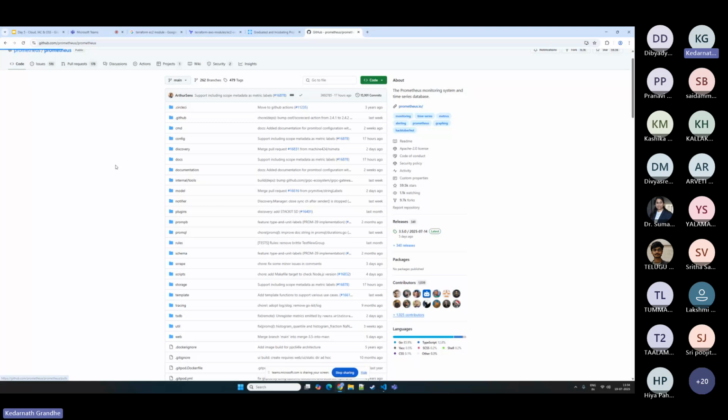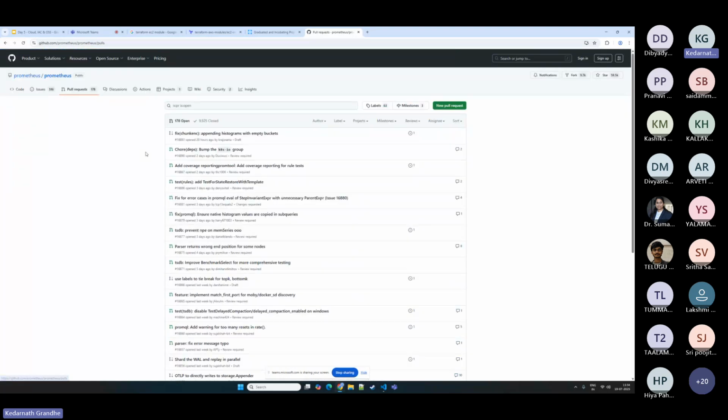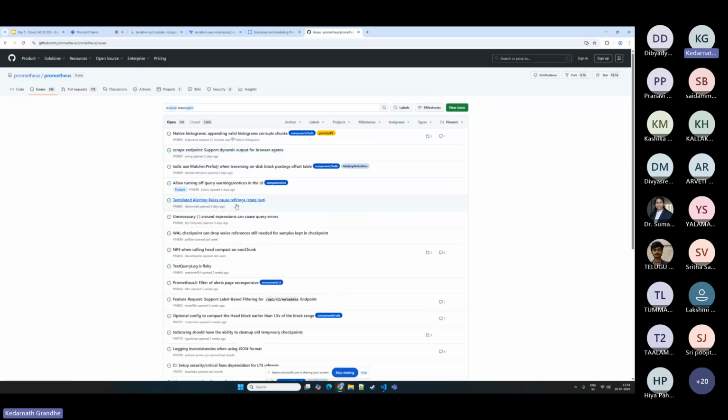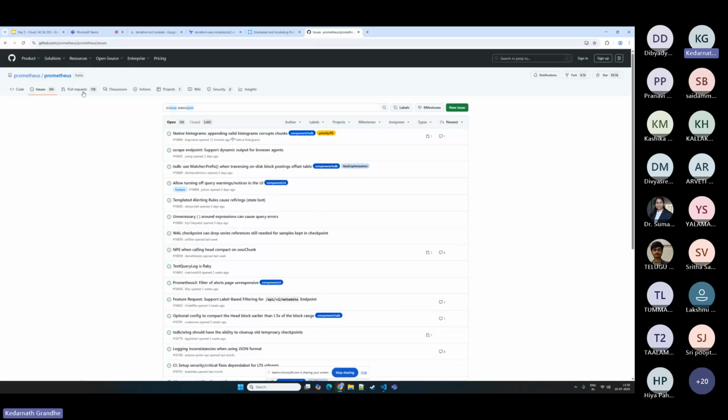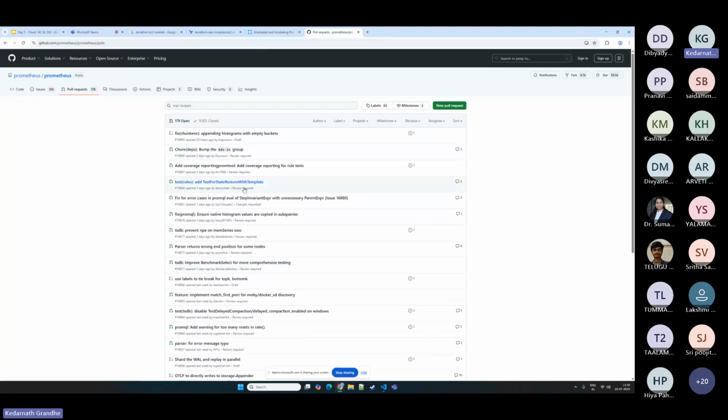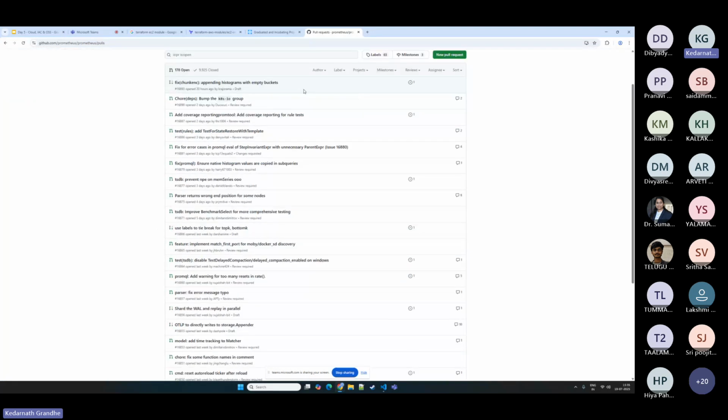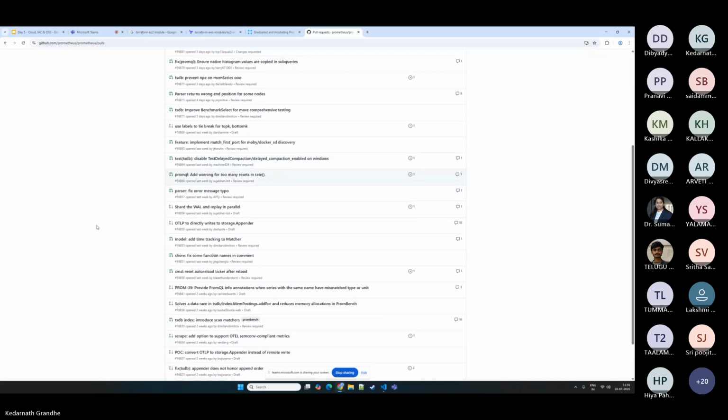So there are still so many pull requests. If you are not a coder, you are just a DevOps engineer, right? In that case, when you find an issue, you can raise an issue here also. Someone will take up this issue and fix it and they will make this software better. So that's what a contribution is called. And all these are currently known issues. If you are interested in coding, you can take any of the issues, fix it, and raise a PR for it. So these are all the pending PRs. Someone has to take it, approve it, and merge it into the main thing,